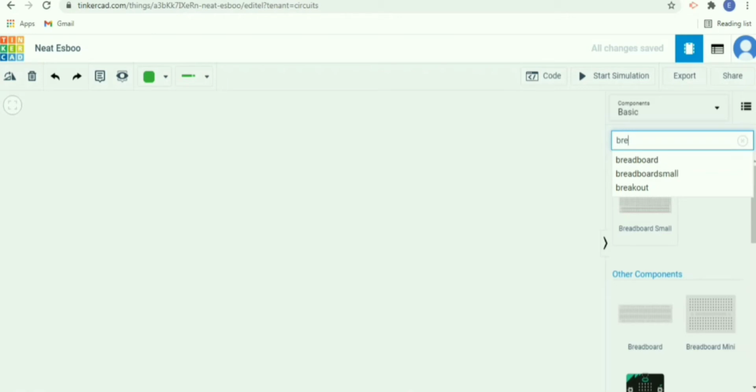Today we are going to simulate the full wave rectifier using Tinkercad software and the Proto software. Using Tinkercad software, we only simulate the bridge rectifier because the transformer is not available in Tinkercad. So, the center tap full wave rectifier will be simulated using the Android based Proto software. Let's learn the full wave rectifier.